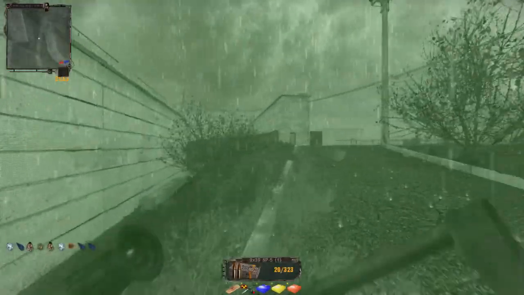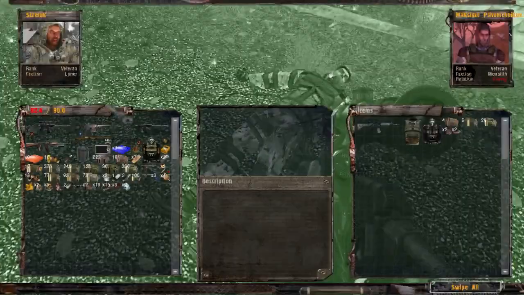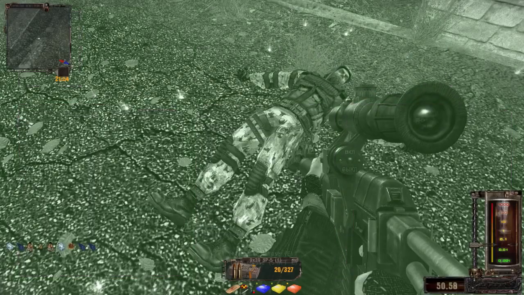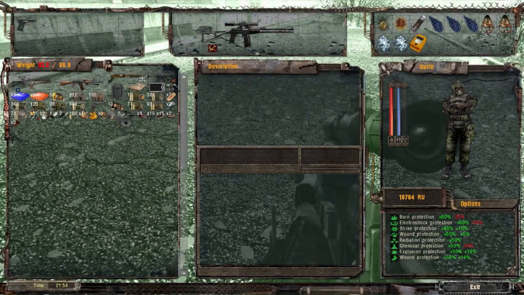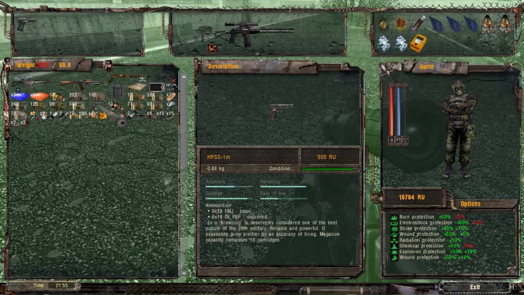Let's see what this fellow up here had. Lots of radiation, I know that much. Oh yeah, I sold him this stuff. No way, I'll get out of here as quickly as possible. What did I pick up that was that heavy? Other than...